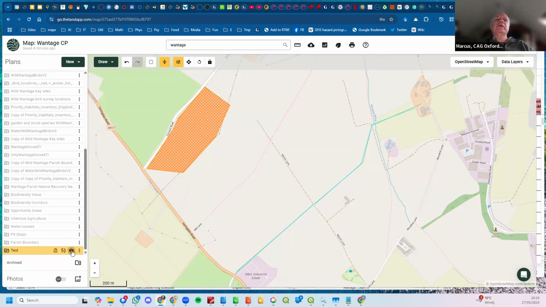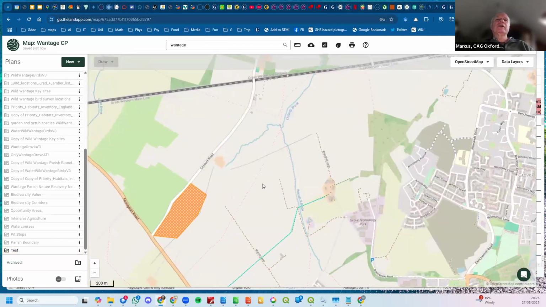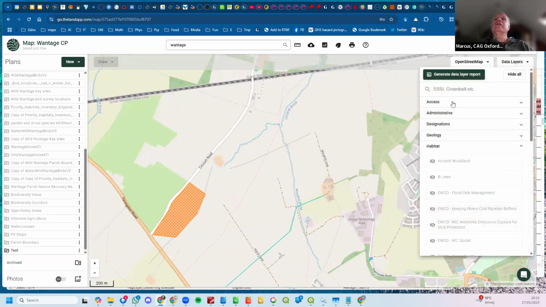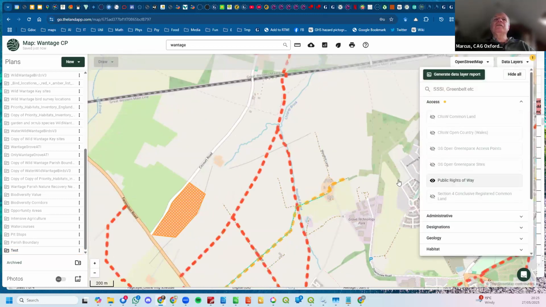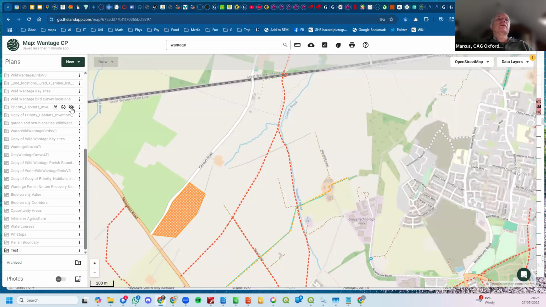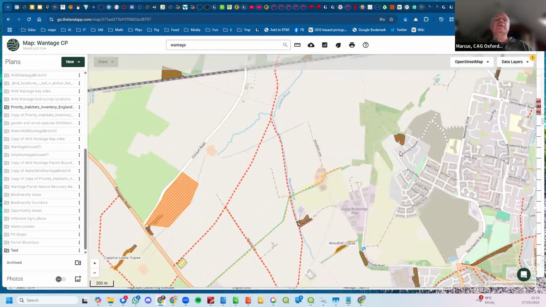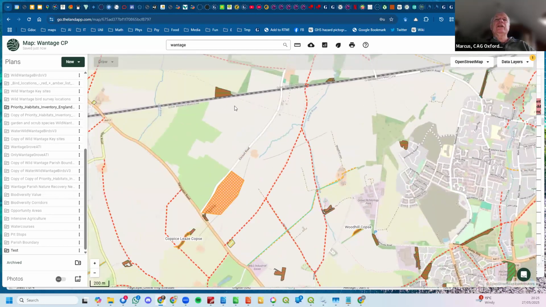So for example, let's say we wanted to show our new test plot, our short rotation coppice willow, alongside the footpaths, and we might want to see where some of the priority habitat inventory sites are in Natural England's priority habitat inventory. So I've got all these features on the map,